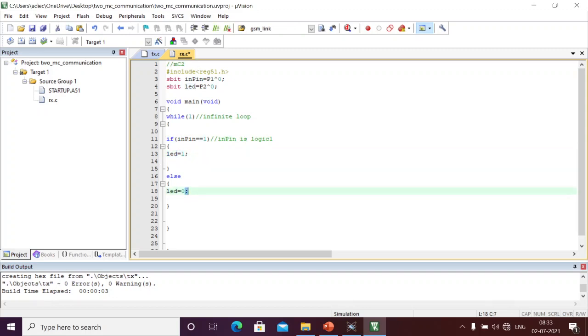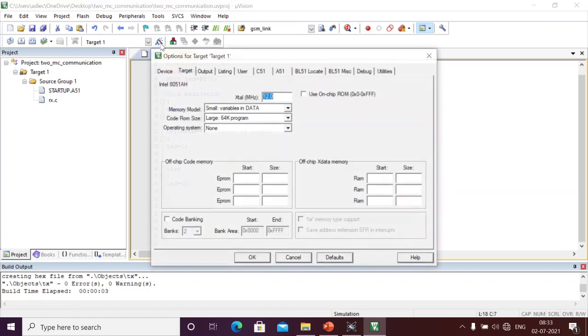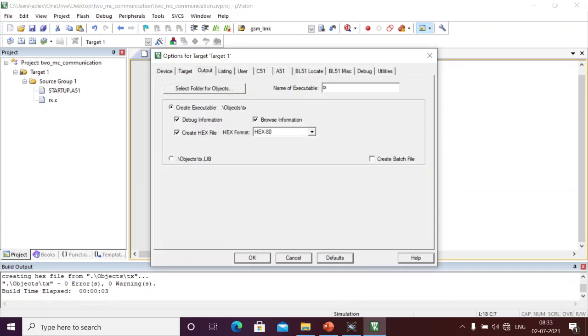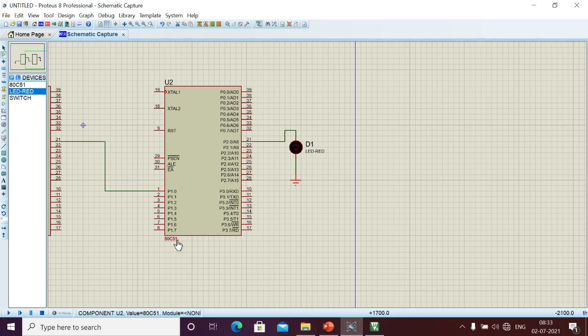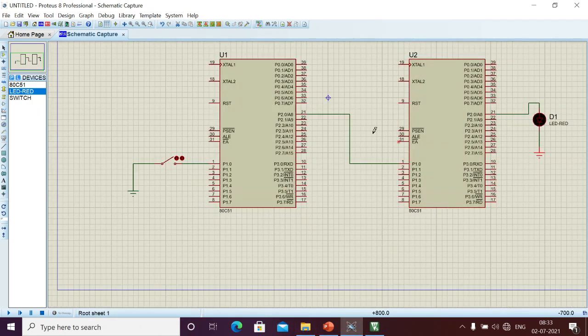The same program we wrote for the RX, and in a similar way we should change the output hex file name. Here this is RX. Right now I'm generating the RX executable, and I'm going to compile now and see if there are any errors. No errors. I am going to generate the hex file now. Right now I am going to flash these two executables into the two microcontrollers.